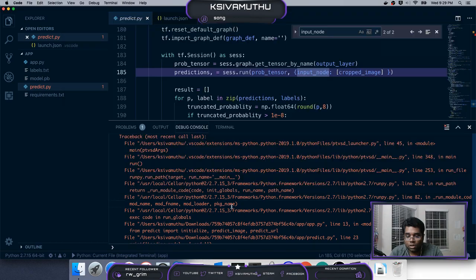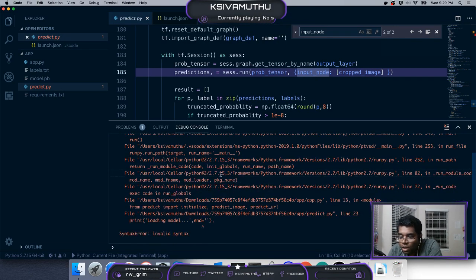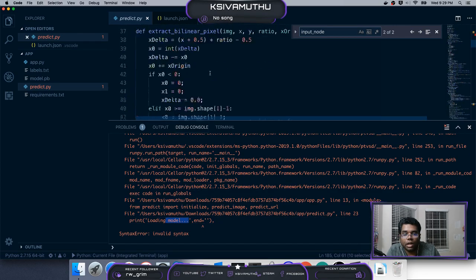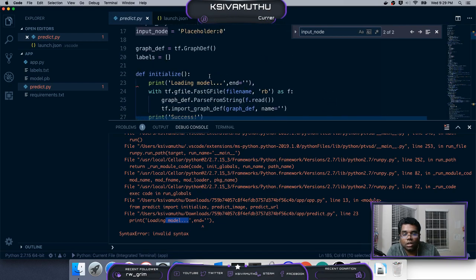Okay, till then we will see what's happened here. It says invalid syntax, loading model, line number 23. So if you go to predict.py, line number 23,